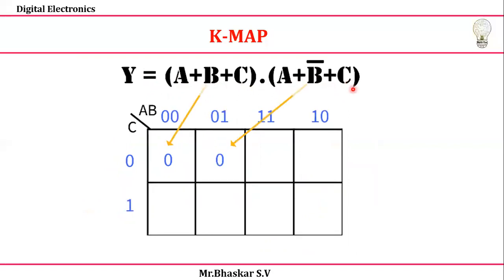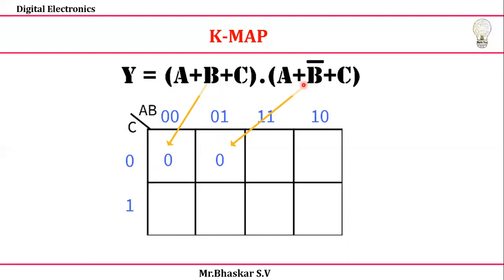Let's check it out. So a plus b plus c is nothing but a, b, c. Directly I can take 0 as the true value, right? So a bar is nothing but 1, when it comes to a max term representation, take care about that. So a, b, c, these are true conditions. True condition is nothing but 0, 0, 0. Okay, it is a POS form. So then what is the value I need to fill? 0 we need to fill.